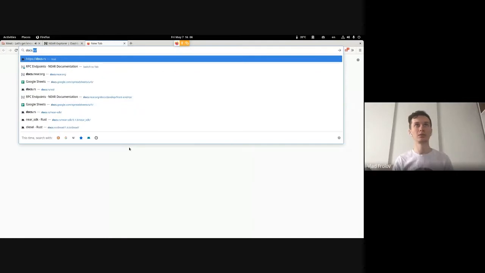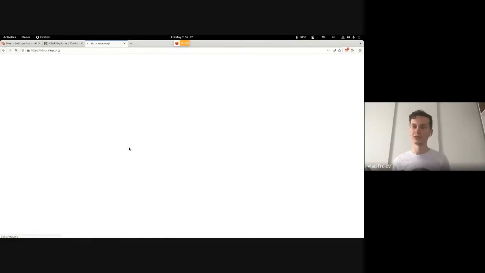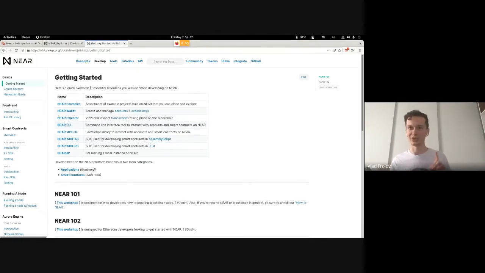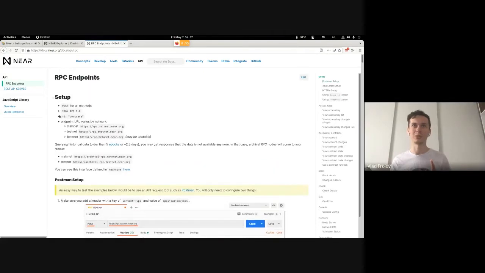So basically, I definitely didn't open our docs, which I should have. So we have docs, which is great. We have API over here, and here we have a lot of useful information, starting with useful links where RPC are available. We even have public archival RPCs because these RPC endpoints only store 5 epochs. They don't store the whole history